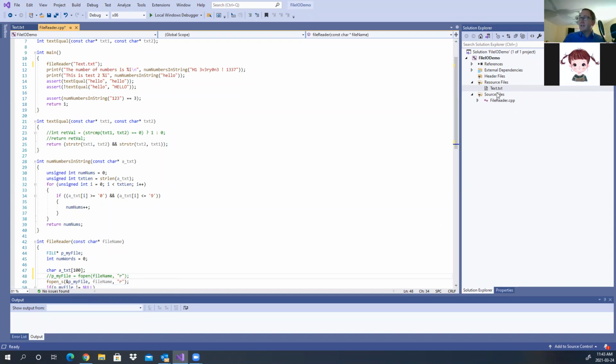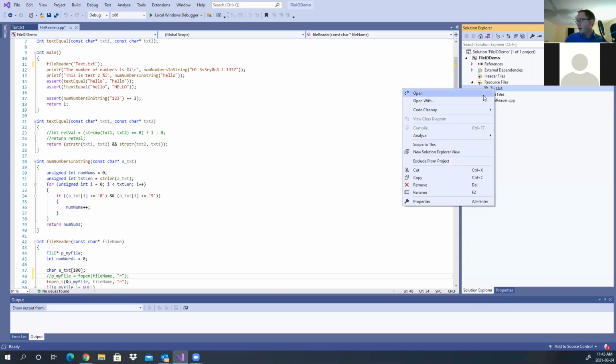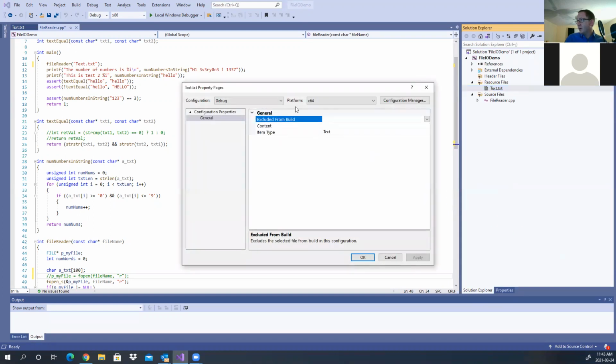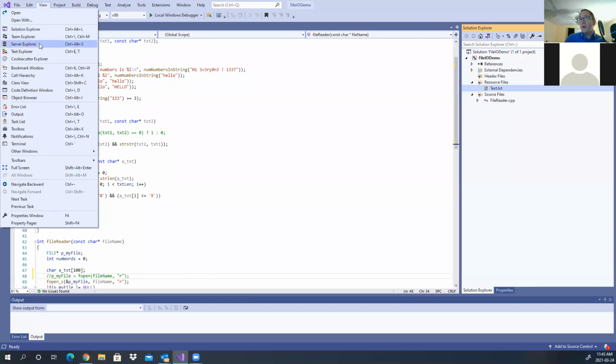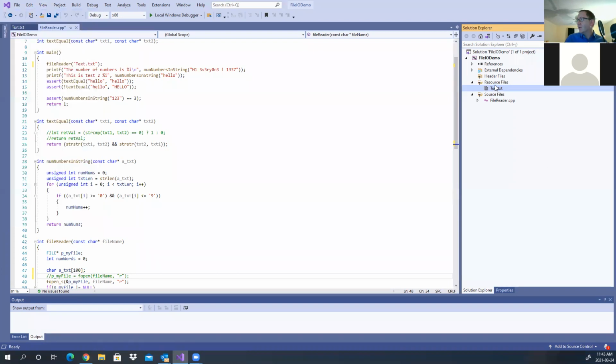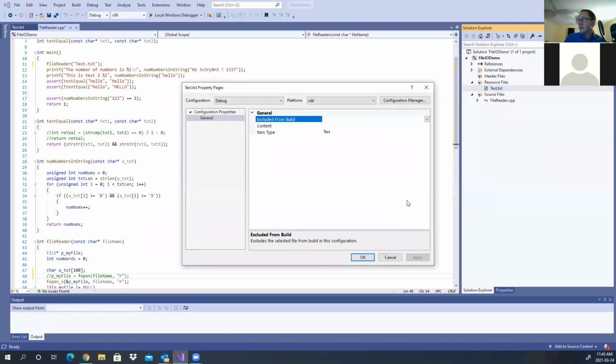Notice my text.txt. Let's see if I can pop up the properties for it. It's going to tell me where the location is. I had the location before. Probably just missing it. I can always just look at it. So I know exactly where this thing actually is located, but if you're wondering,